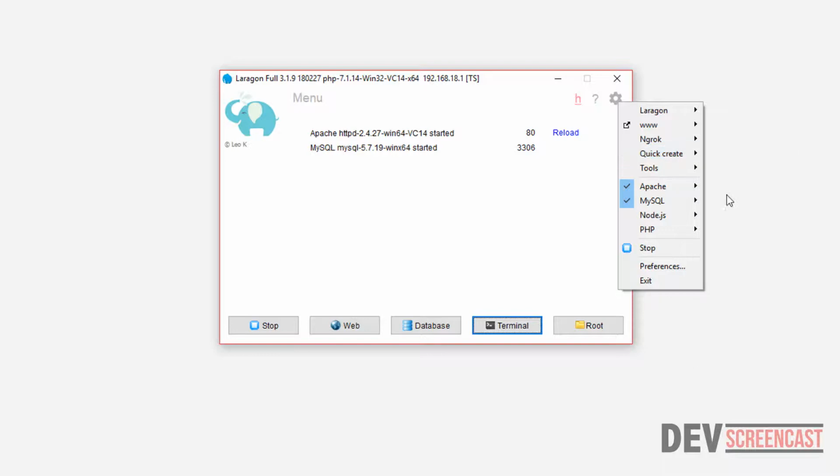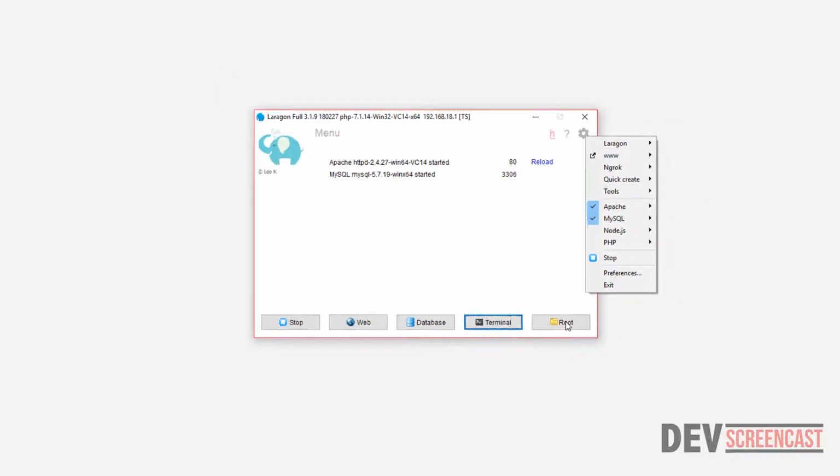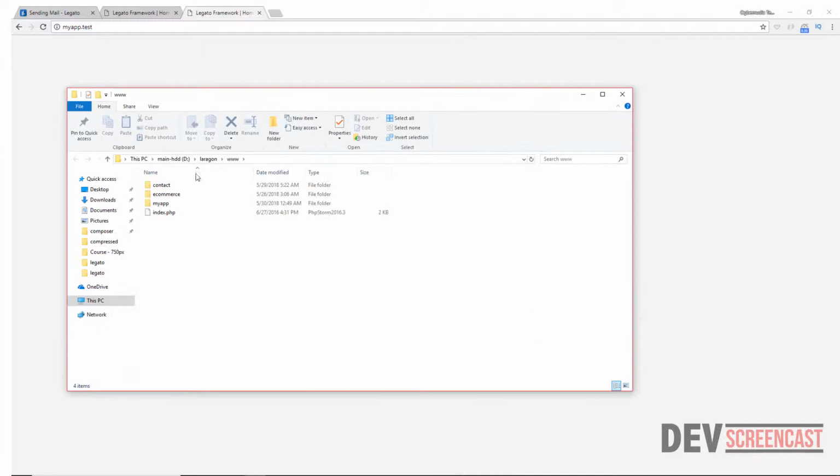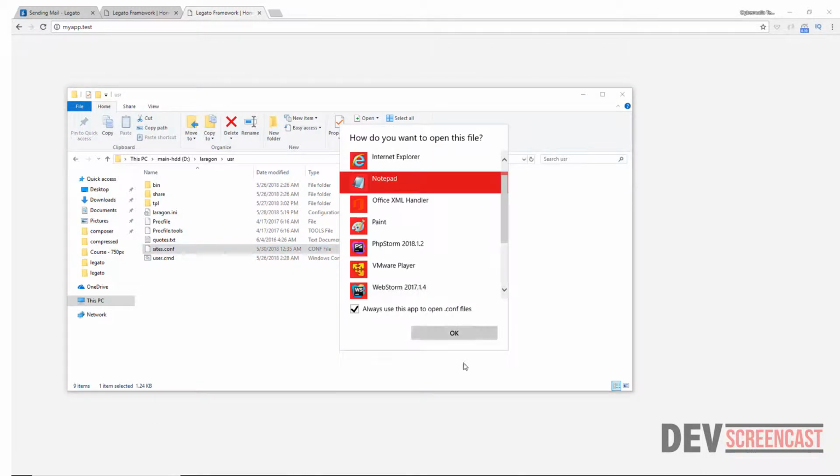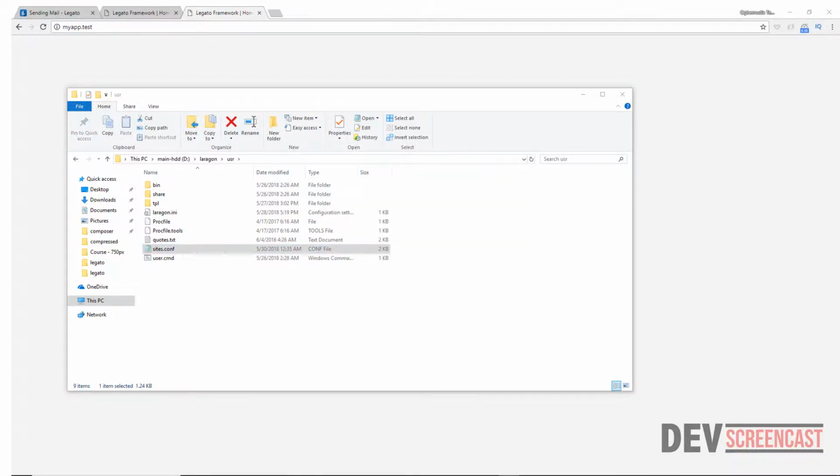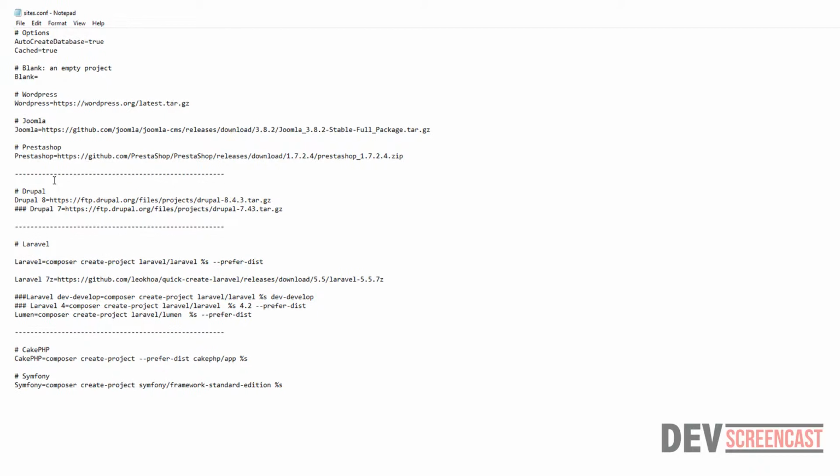URL for us. So to do that, we need to go inside of the Laragon root folder. So I'm going to click on root and then right here, let's go inside of the usr folder. Then you see a file here called sites.conf. We are going to open this file and then just update it. So I'm going to open that with Notepad. And then right here, you can see for the various projects that are available, we just need to create one